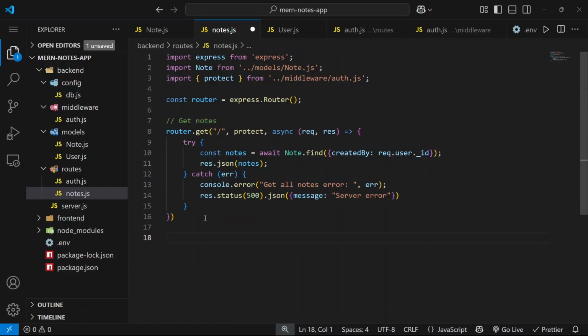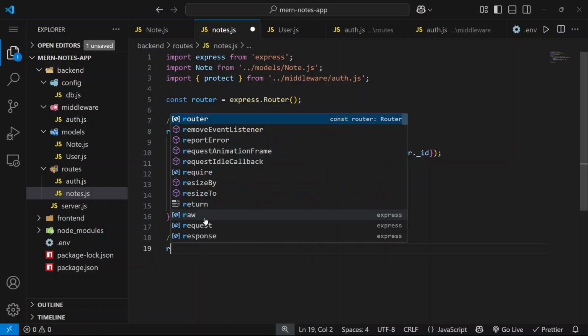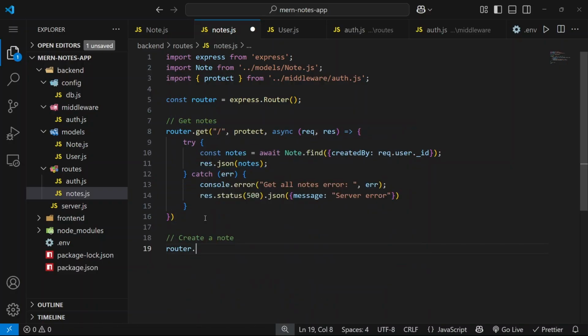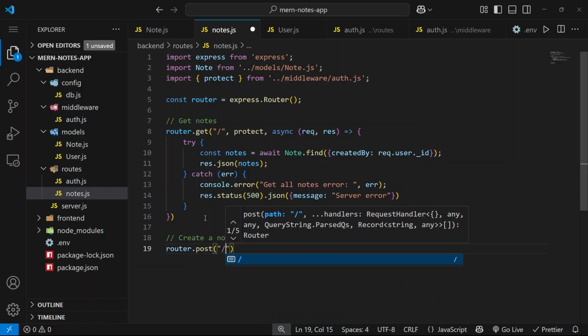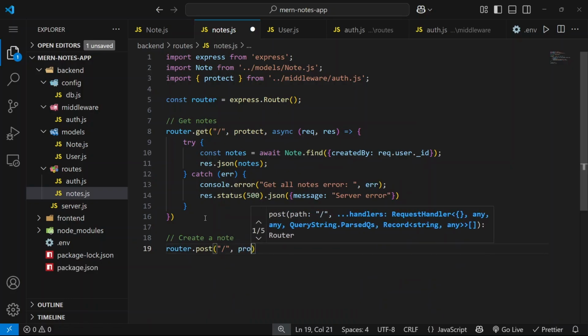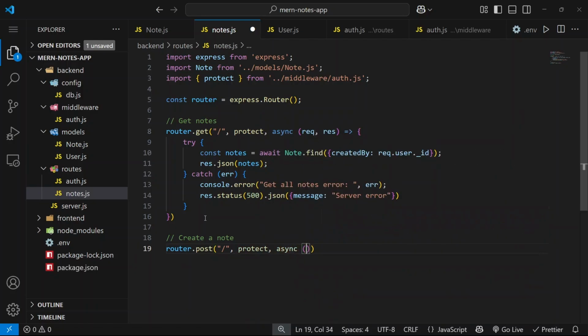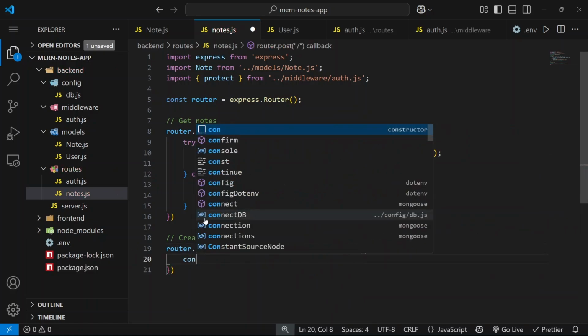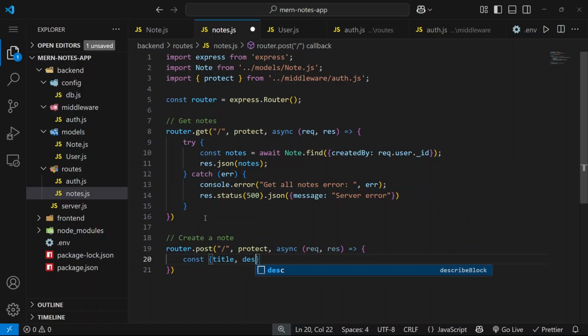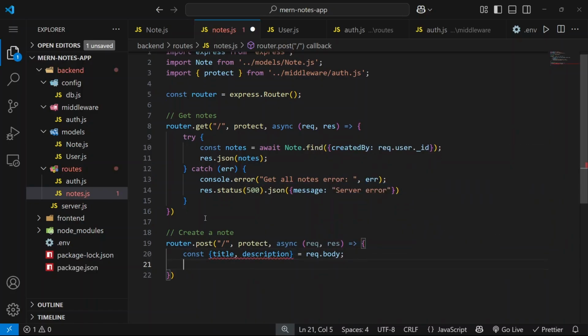Now let's create a route to create a node. So let's say create a node. Let's say router.post, and it will be the root path of nodes. We want it to be protected, and here we need to say asynchronous request and response, and we want to get access to the title and description from request.body. Okay, then we want to use try and catch block,